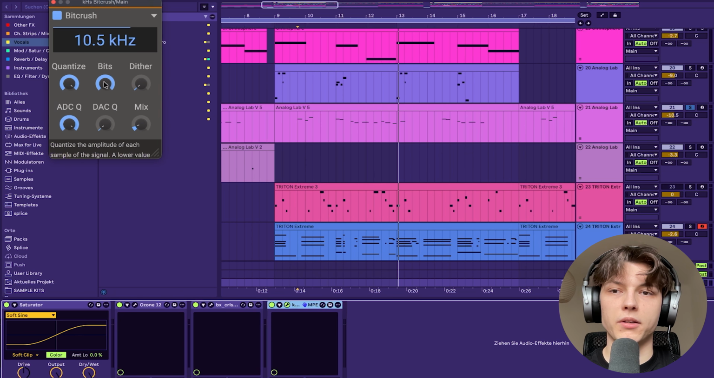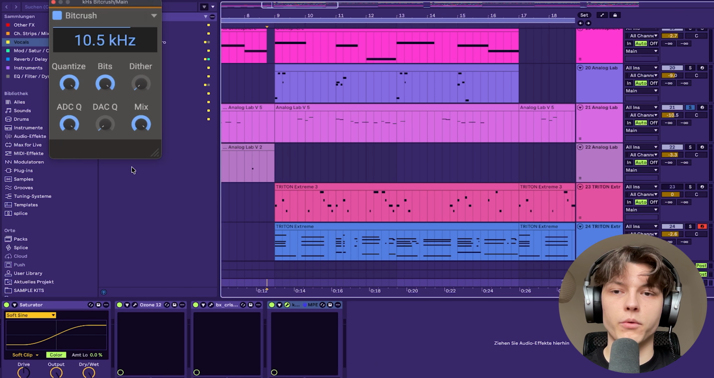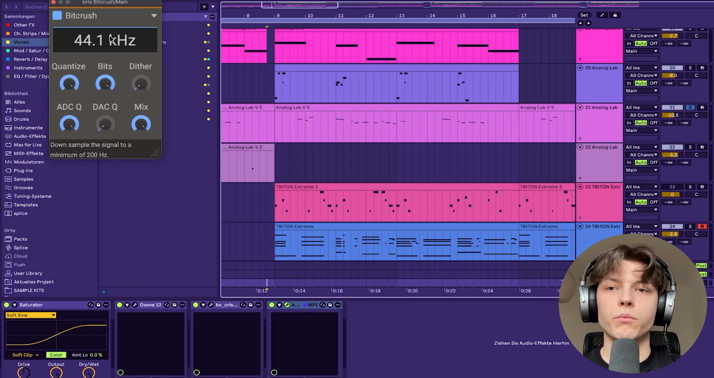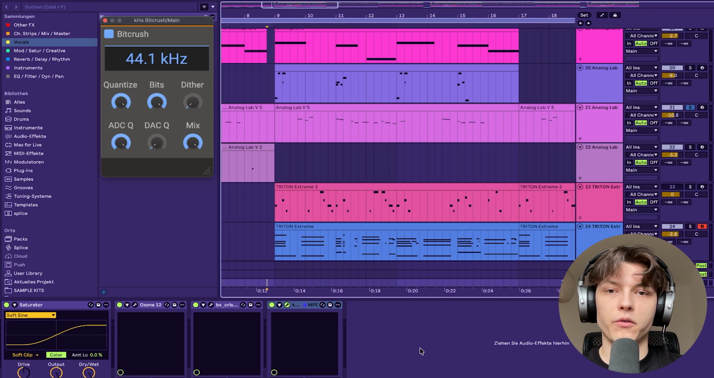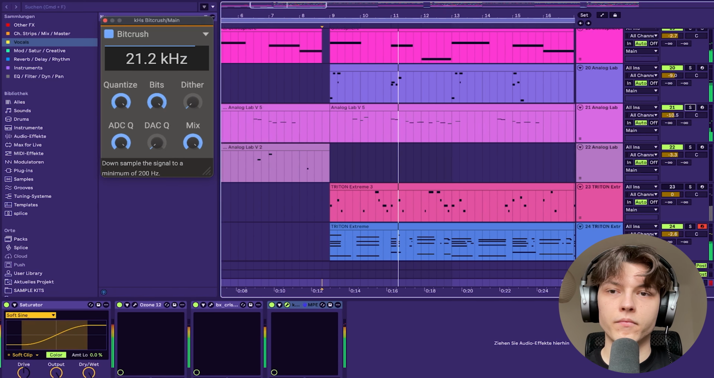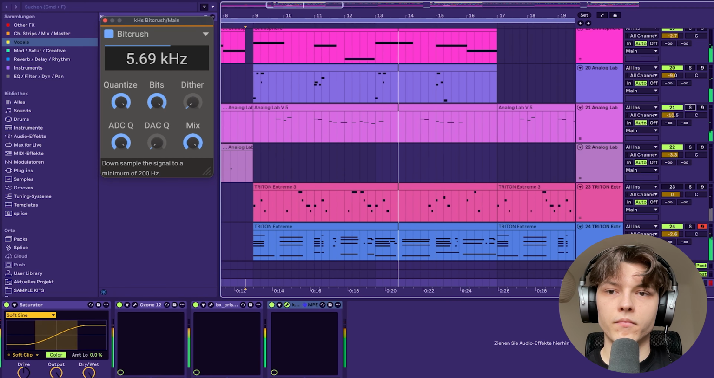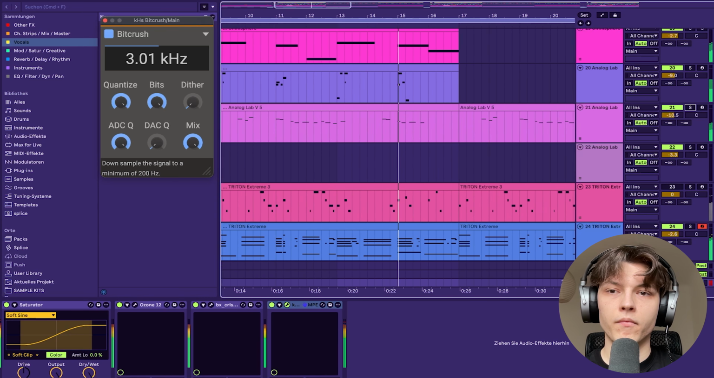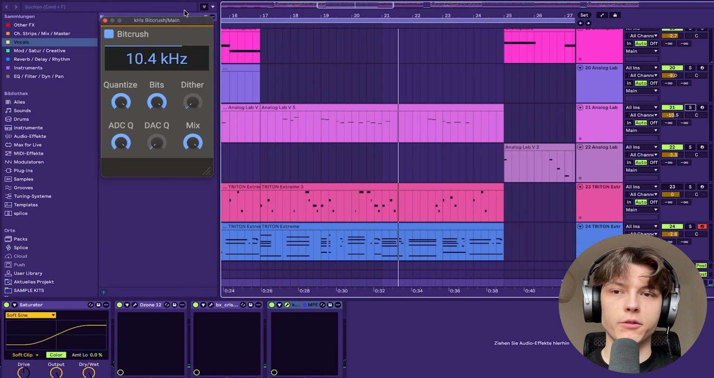And I've also turned the bitrate up a bit. But for demonstration, I will turn up the mix to 100%. And we will put the bitrate to the max. And we are slowly decreasing the bitrate so you can hear what is happening to the sound. If I add the bit crusher to the master, I like to keep it around 10 kHz,